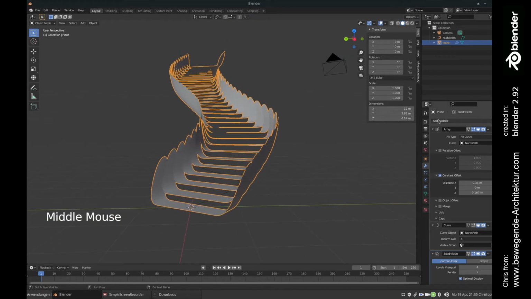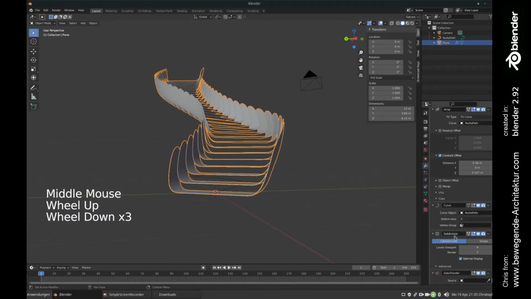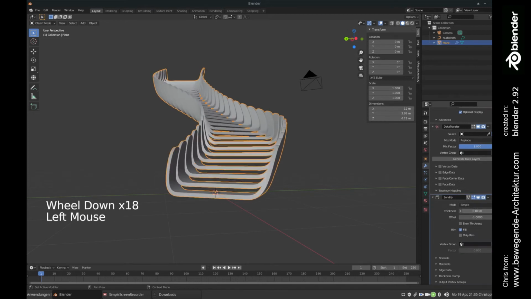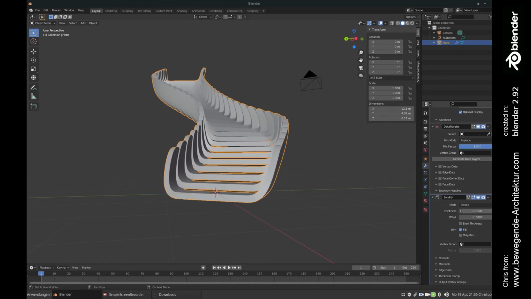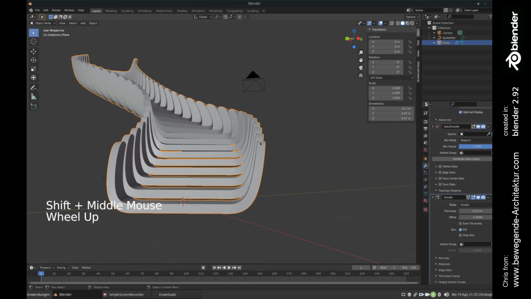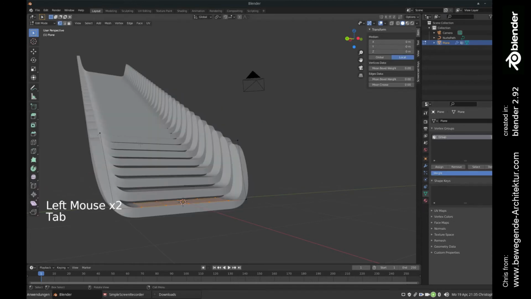In the next step, maybe we can add a solidify modifier to the whole stair. We can increase the thickness to whatever you like. Maybe we can do some optimization here, because the rail can be way thinner than the step. So what we can do is we can go to the vertex groups, we can add a new vertex group,